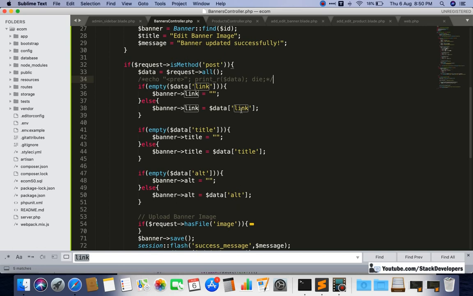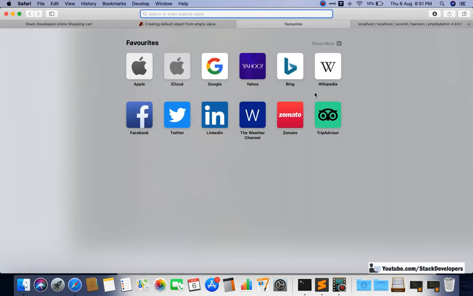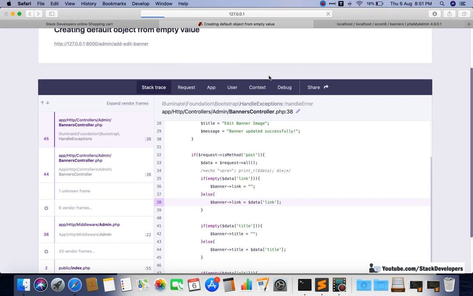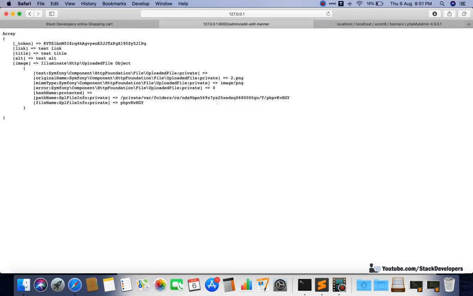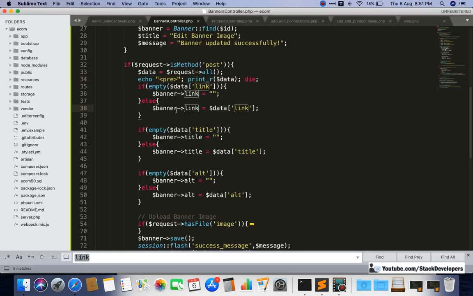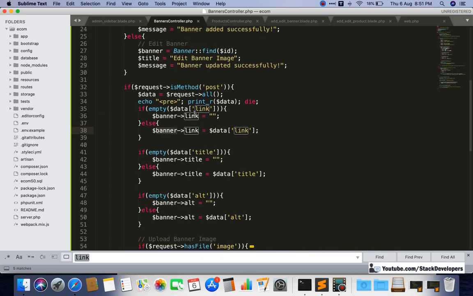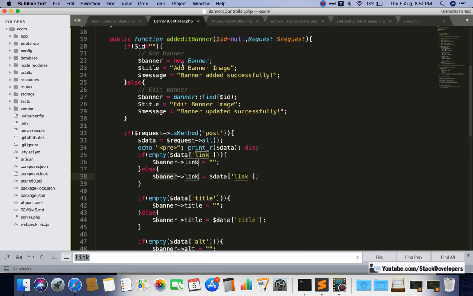Okay, it is showing the data is coming up, so we need to save that data, that is fine. We need to check once why this issue is coming up. Okay, link, that is fine. So banner, new banner, that is also fine. Donald banner, that is fine.